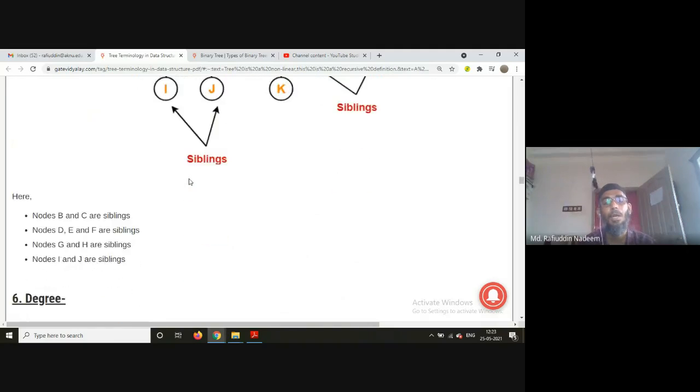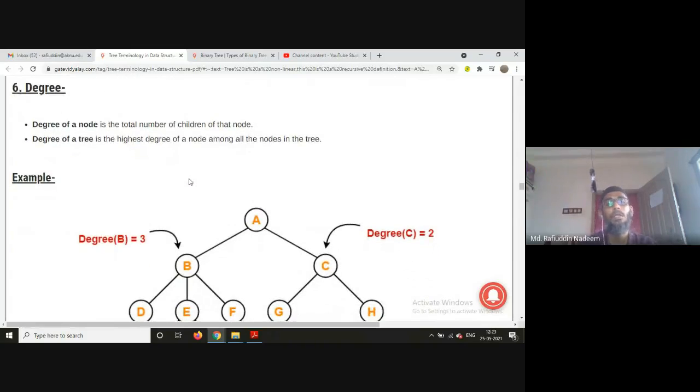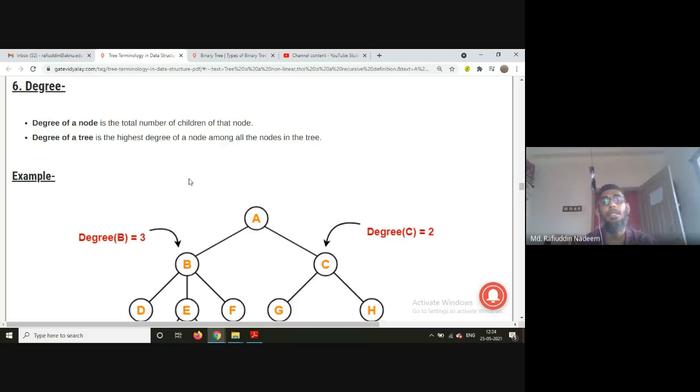Next, we have the degree. What is the degree of a node? The degree of a node is the total number of children of that node, meaning the number of children a particular node has. And the degree of a tree is the highest degree of a node among all the nodes in the tree. So remember that the degree of the tree will be the highest degree of a node among all the nodes in the tree. For example, see here,